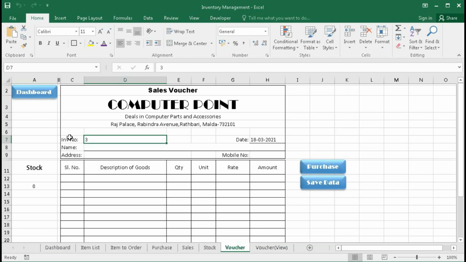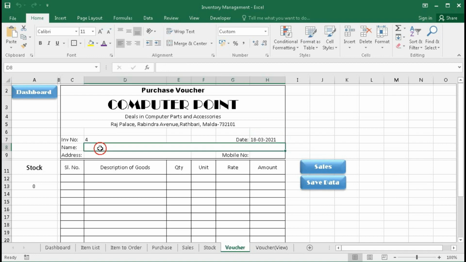So here when I want to enter a purchase voucher, then click on purchase. You can see here we got purchase voucher and our invoice number is 4 and it is showing today's date. You can change the date if you want to change it.